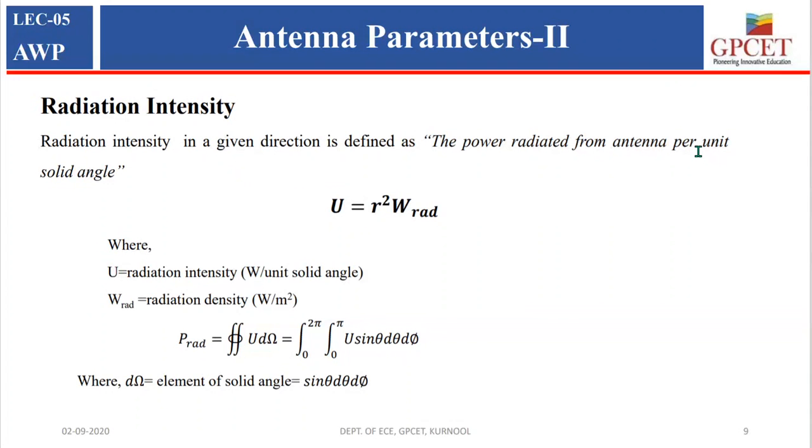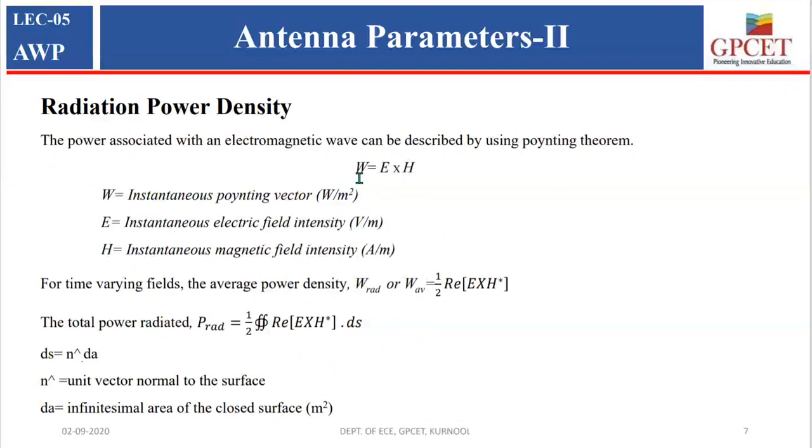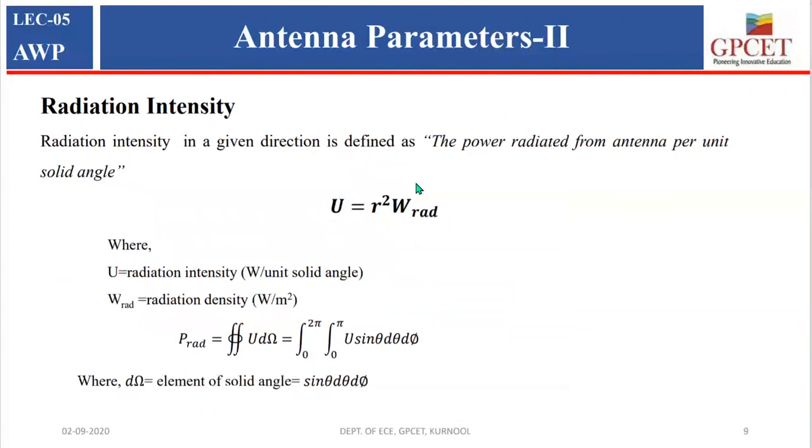The radiation power density gives you the power at one particular point. Whereas radiation intensity gives you the power radiated by the antenna per unit solid angle. In the case of radiation power density, we are measuring the power at a point